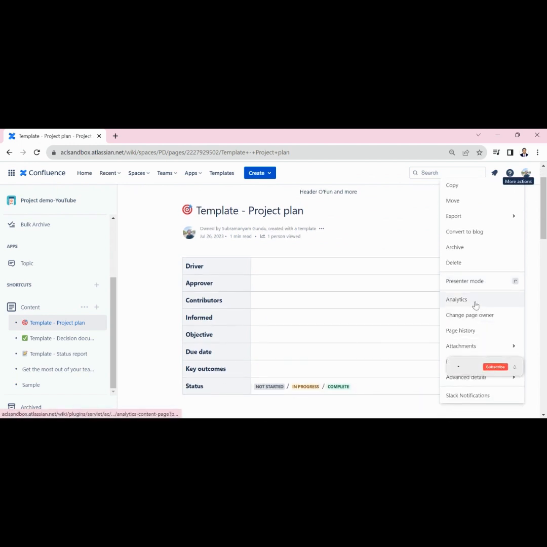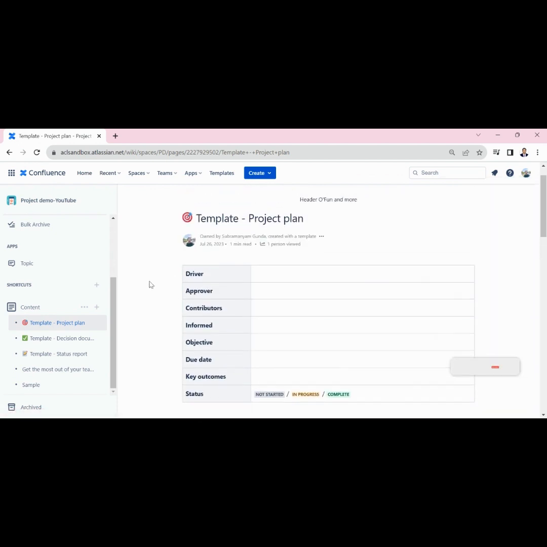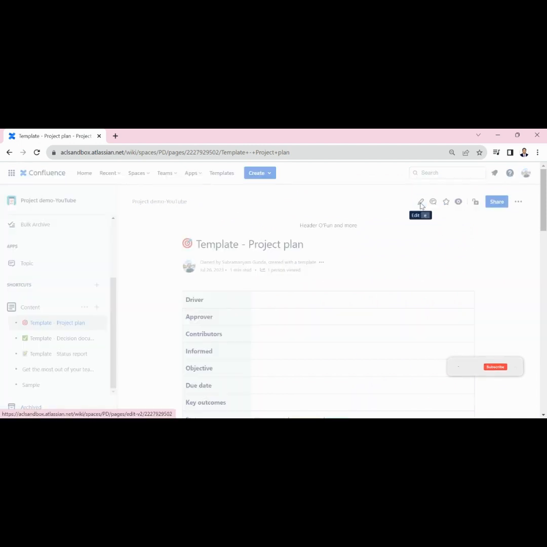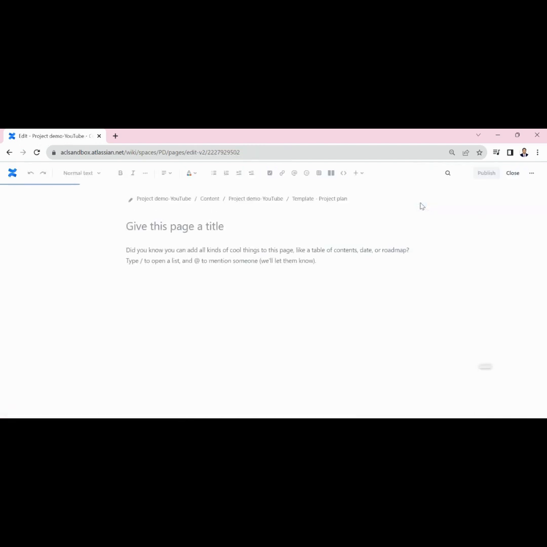You can view the analytics of this page, how many members have used or who are accessing this content, etc. You can add your attachments. Similarly, you can send the Slack notifications. Now, the moment I click on the edit icon, we are in editable mode,